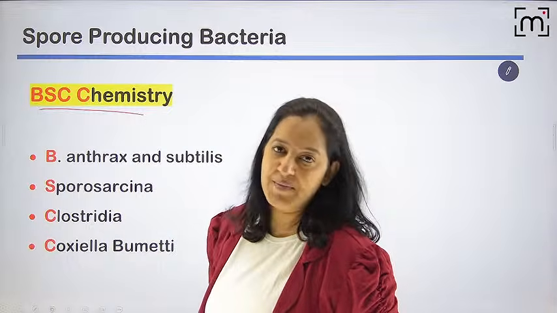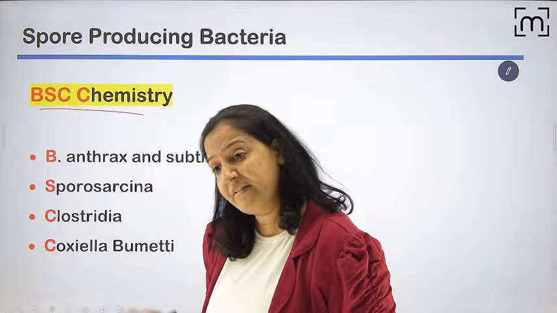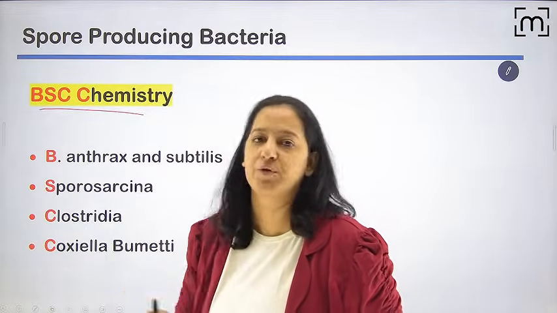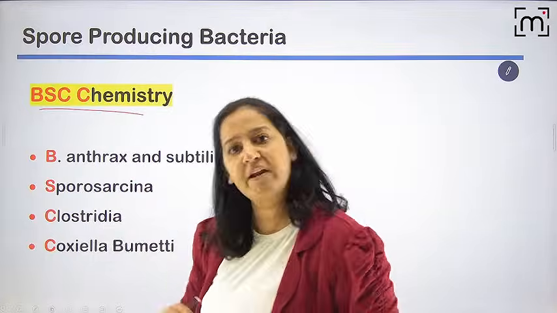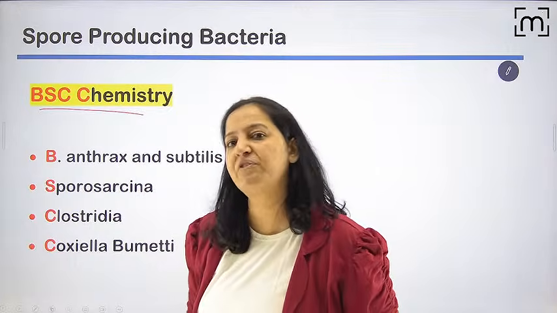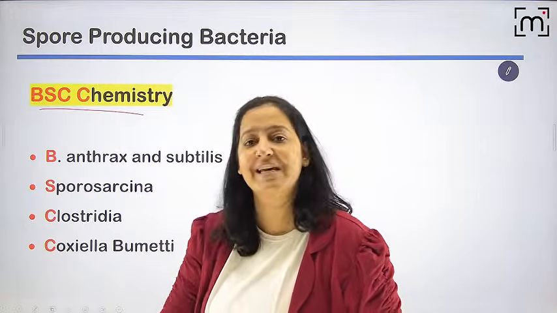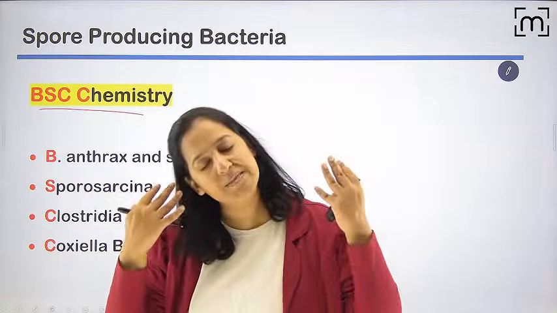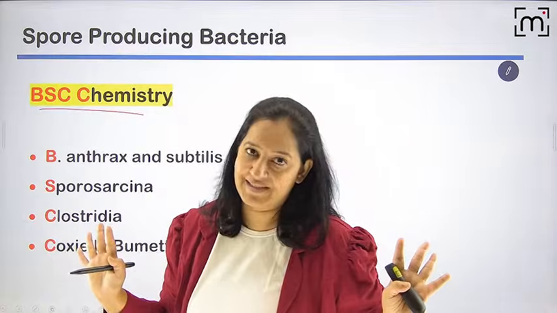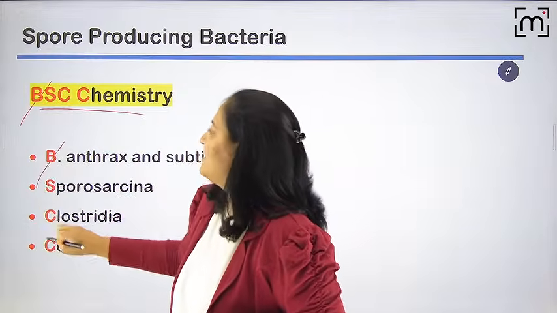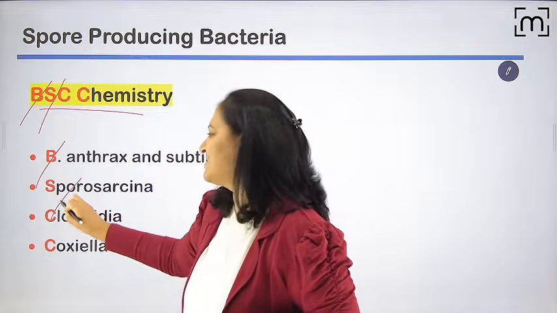From tomorrow onwards we are starting the systemic now. So whenever there is a capsulated bacteria, I will show you the mnemonic. Whenever there is a motile bacteria, I will show you the mnemonic. Whenever there is a spore-forming bacteria, I will show you the mnemonic. And you won't realize when you will remember all the mnemonics. Got it? So in the next 6 days, we are going to see these mnemonics many times in front of our eyes. Chalo. So BSc chemistry. B stands for Bacillus anthracis. S stands for Sporosarcina, a rare bacteria.